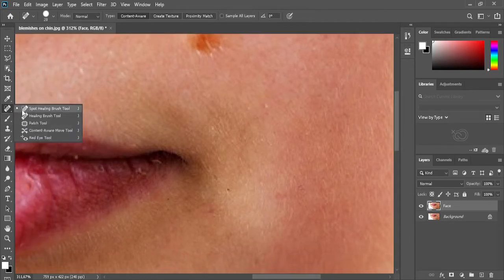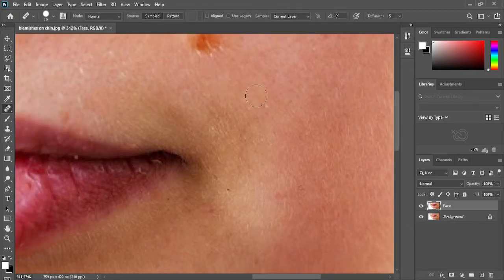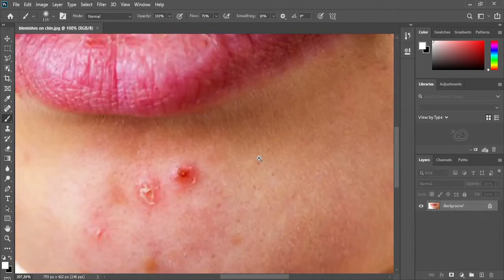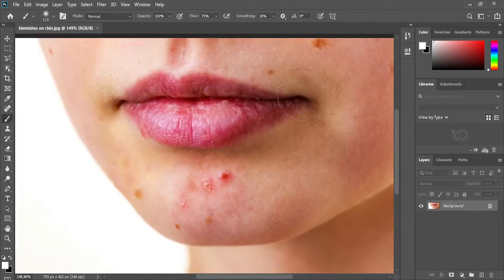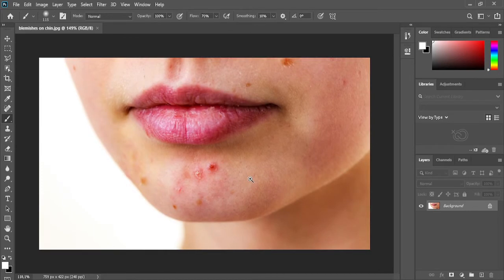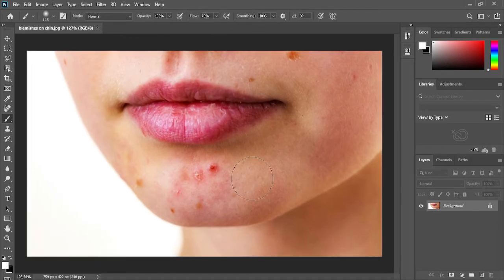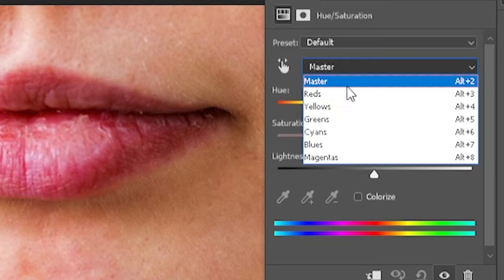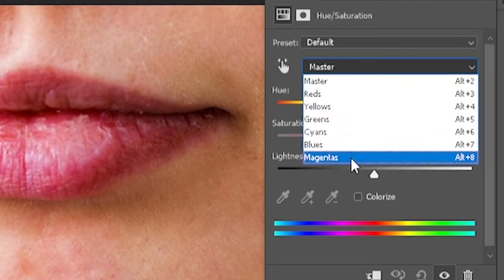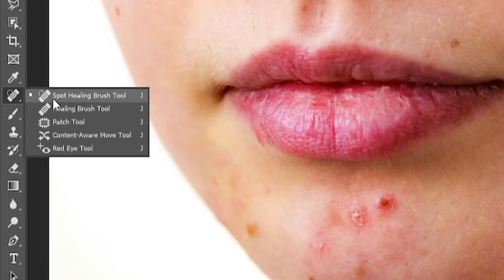Two of the common cases in facial imperfections are these bumps right here, often called acne, blemishes, blotches, kind of things. And the second one is skin redness, which mostly appears on white people. We're gonna use color corrections to remove the redness, and we're gonna use healing tools available in Photoshop to remove the acne.